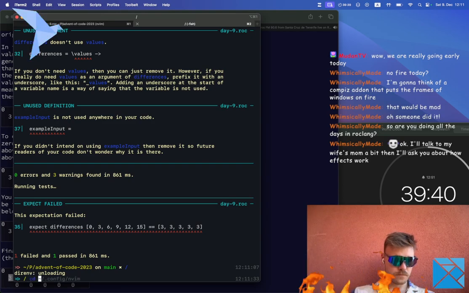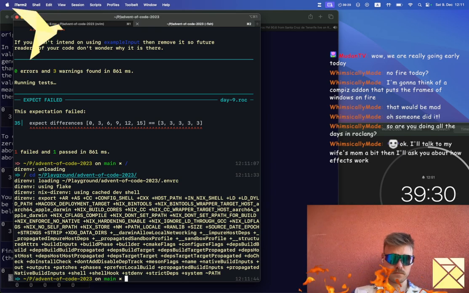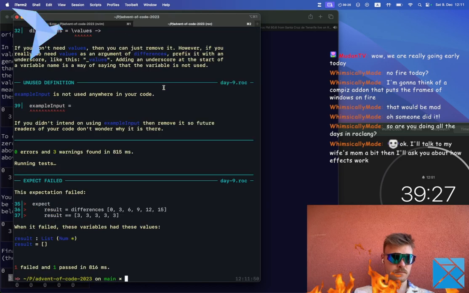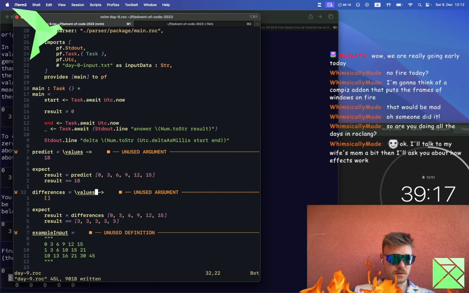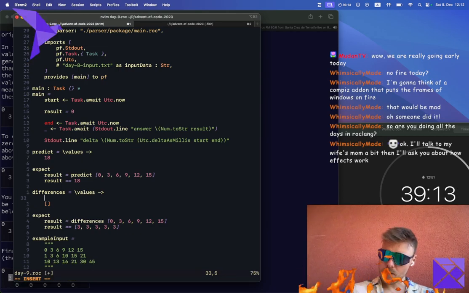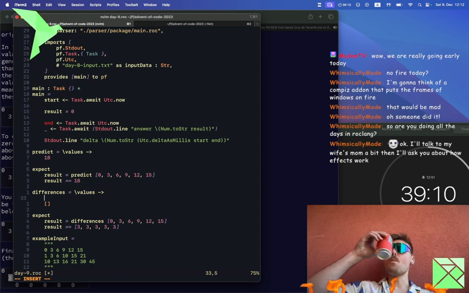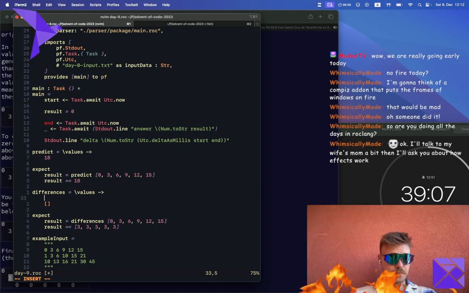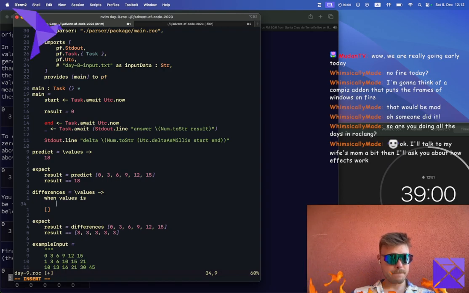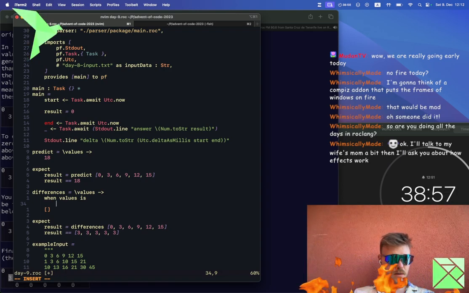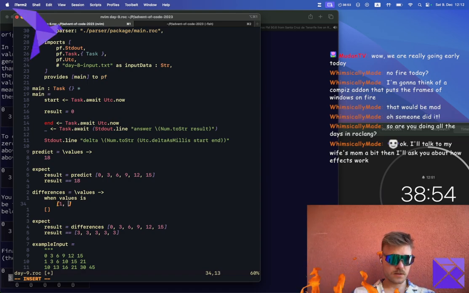Oh, now it prints the wrong answer as well. So, when values is a list with things,